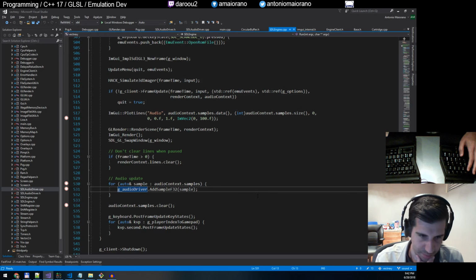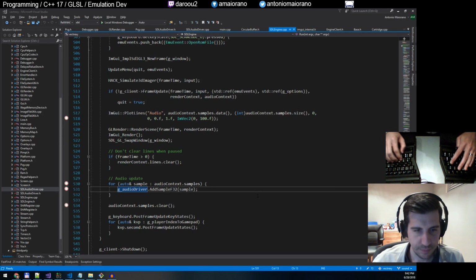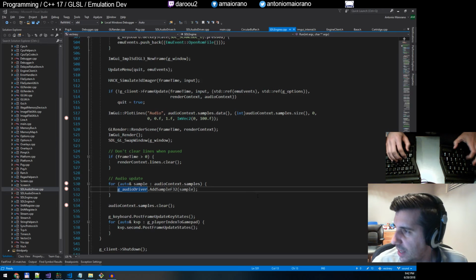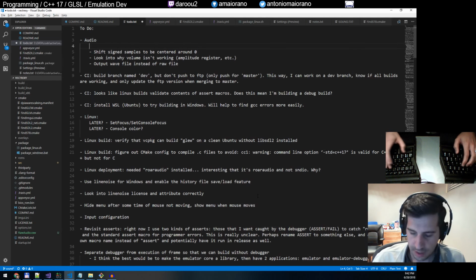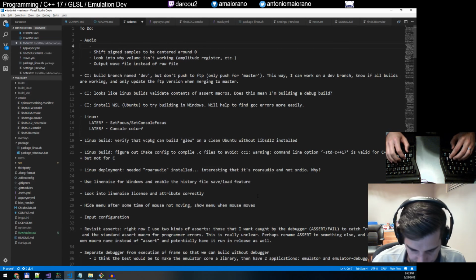At an input frequency. Let's say 44.1. But you know what? Before I do that, let me just make a note here. So look into why volume isn't working. Shift sine samples. And then here I'll say,